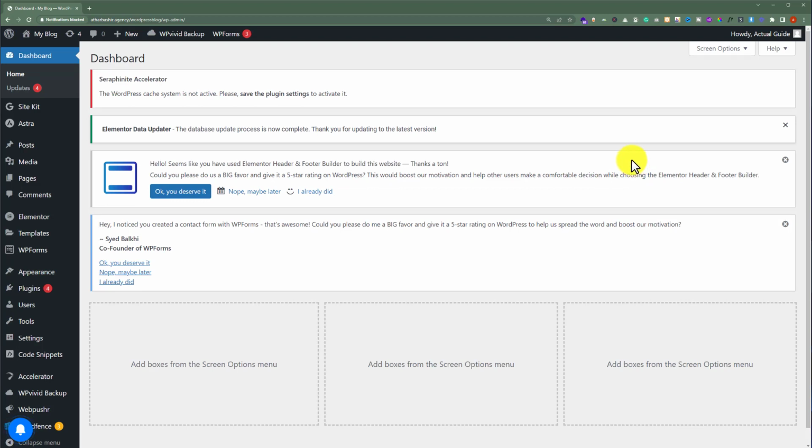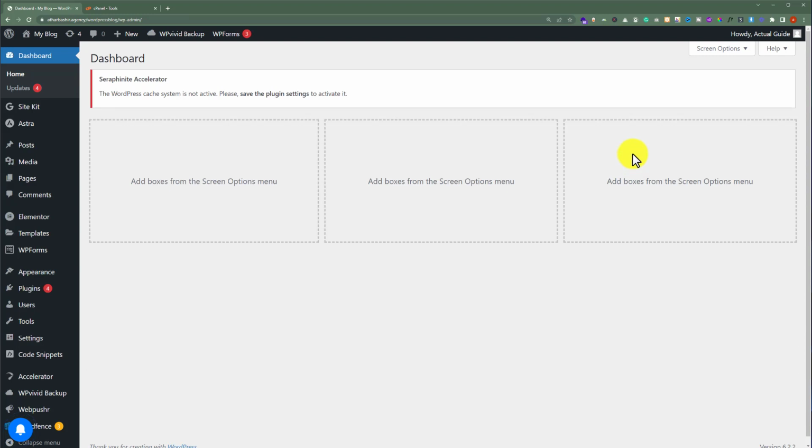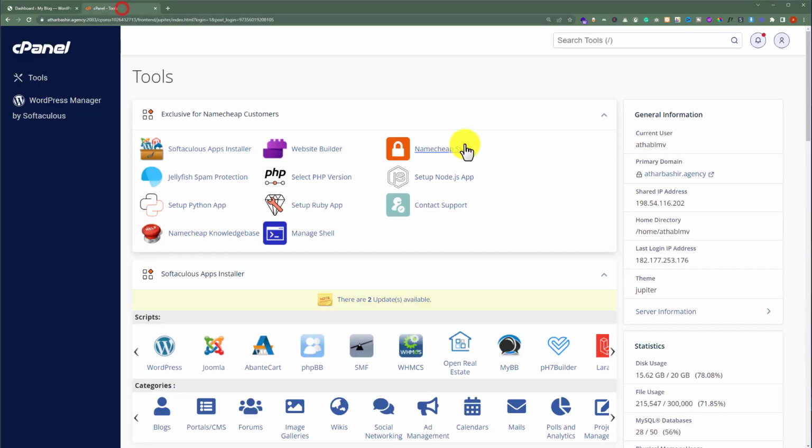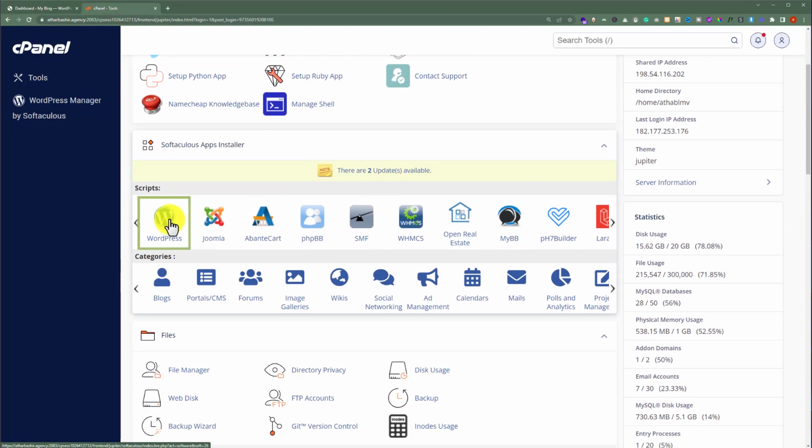our WordPress website. If you do not have WordPress website logins, then you can also log into your WordPress website admin panel using the cPanel account. Just log into your cPanel account, and after that from the scripts just click on WordPress,